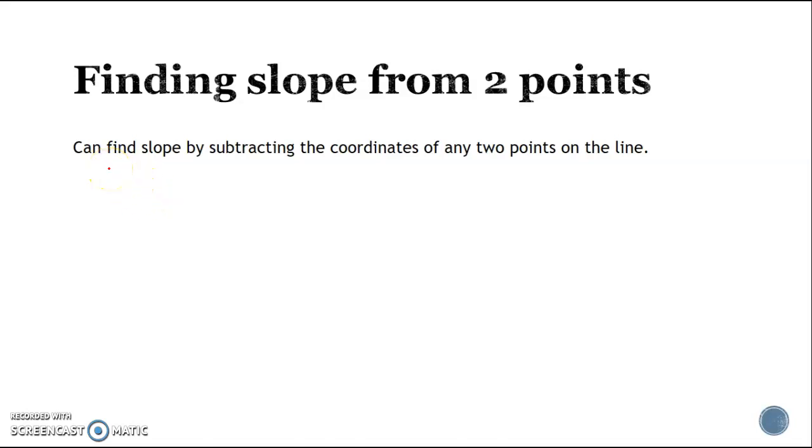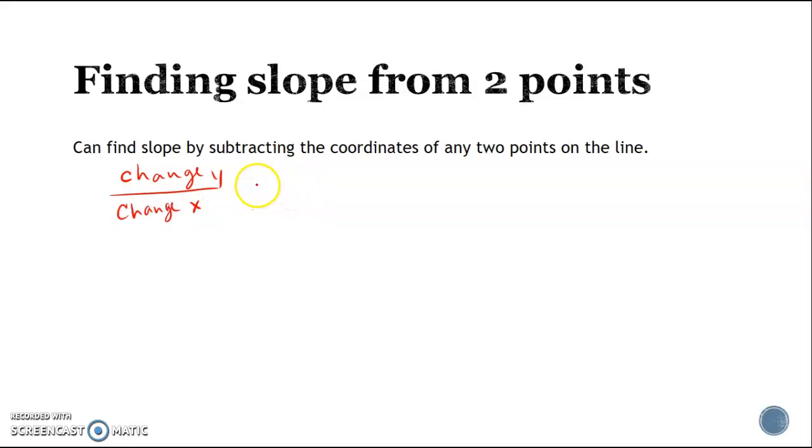Welcome back. So in this video, we're gonna be finding slope from 2 points. In the last video, we were finding it from a graph, but now if we're not given a graph, how can I take 2 points and find their slope? What we're looking for is the change in y over the change in